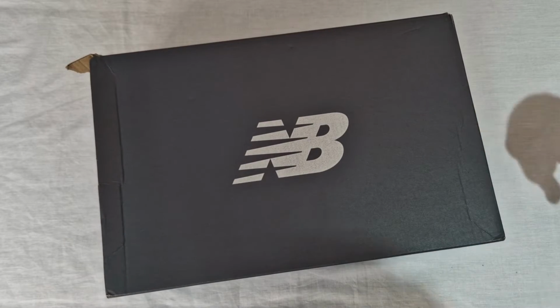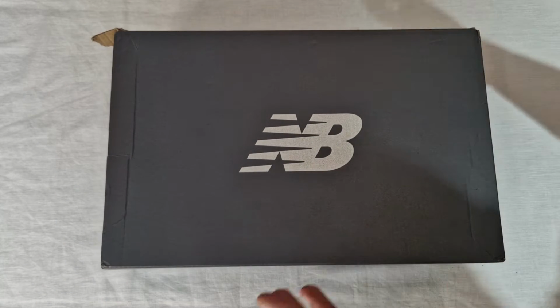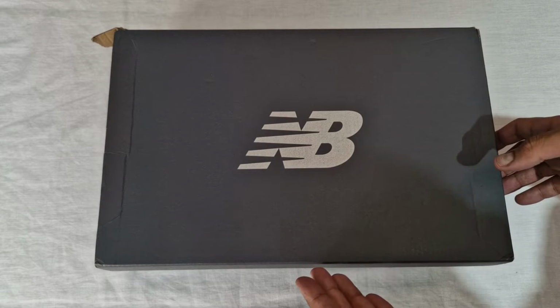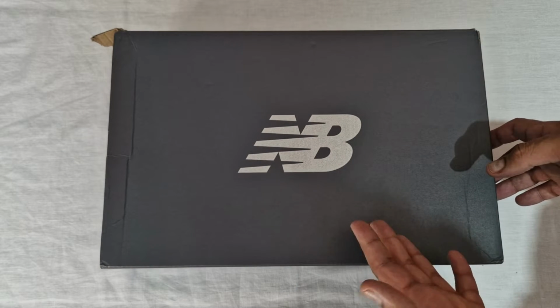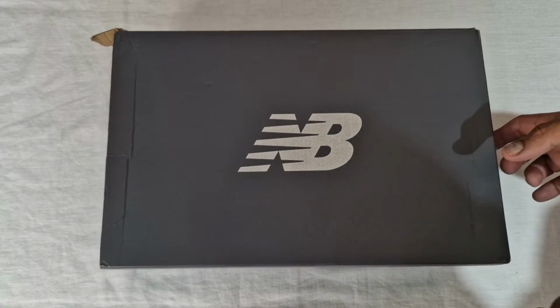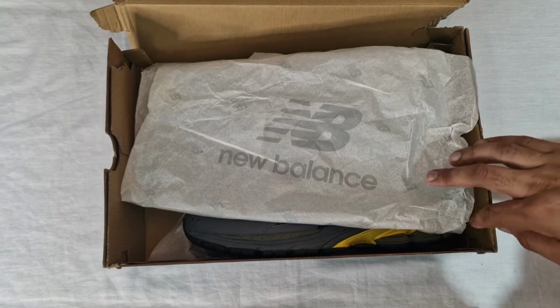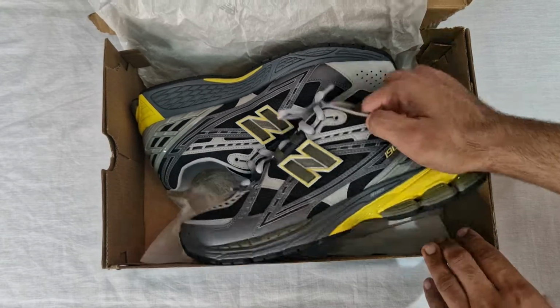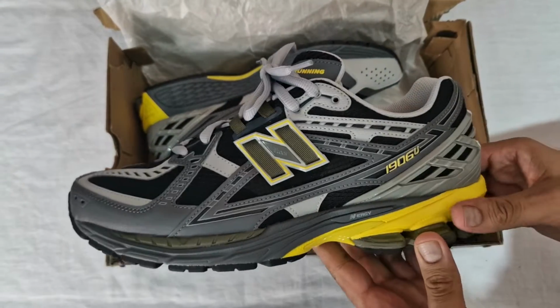We've got more New Balance takeover. It's just all New Balance at the moment, to be honest. We love New Balance. Simple plain box. I'm not going to talk too much before people complain, and let's get straight into this. The New Balance tissue paper, and the shoe, the